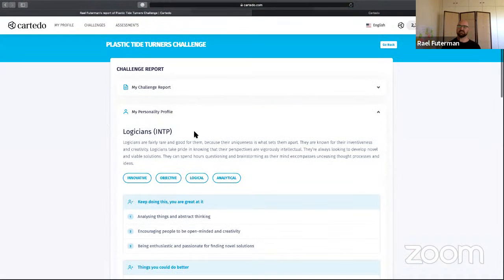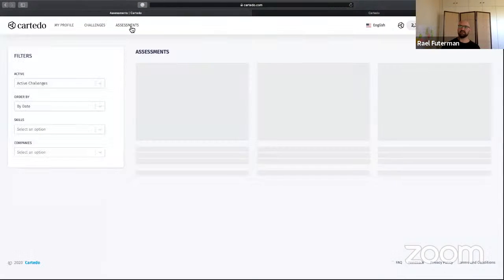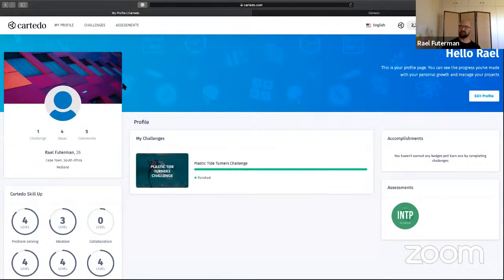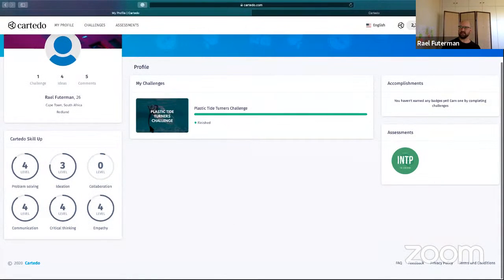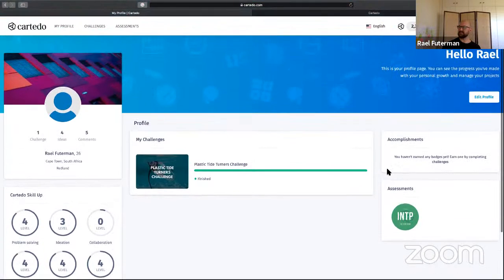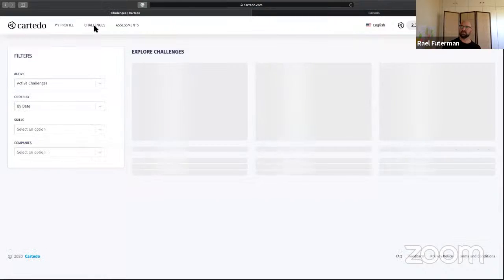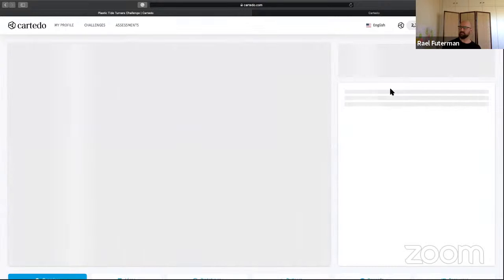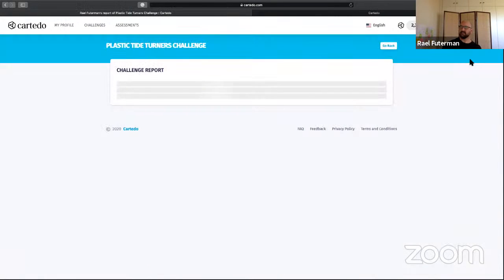At the beginning of the challenge as well, one has, for example, the opportunity to go to an assessment and do their MBTI. So they can do this before the challenge. And then one can see here, I finished the challenge itself. I can see my skills that I've developed. And I can see my personality test, my accomplishments and what have you. And again, if I go here, and I view my report,